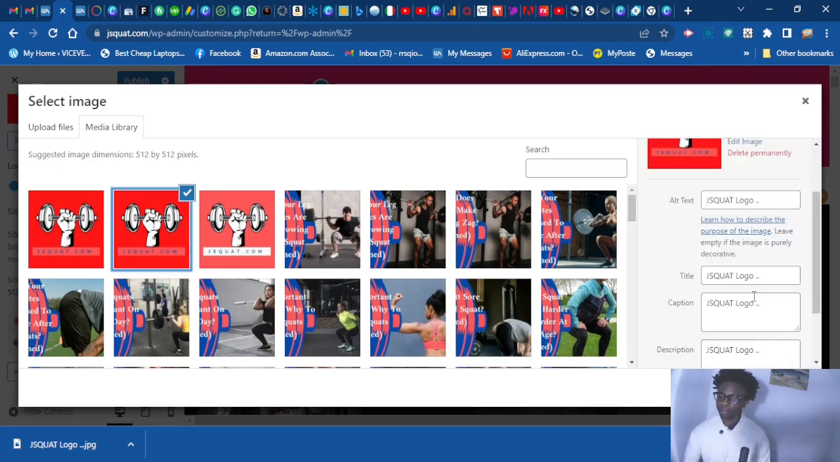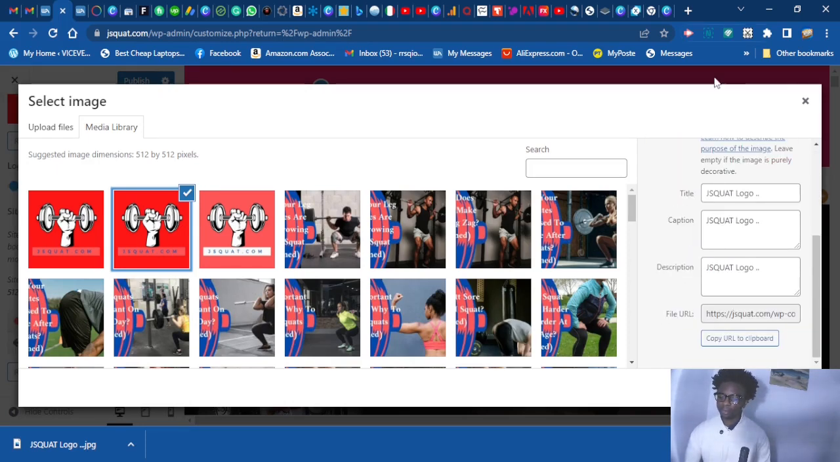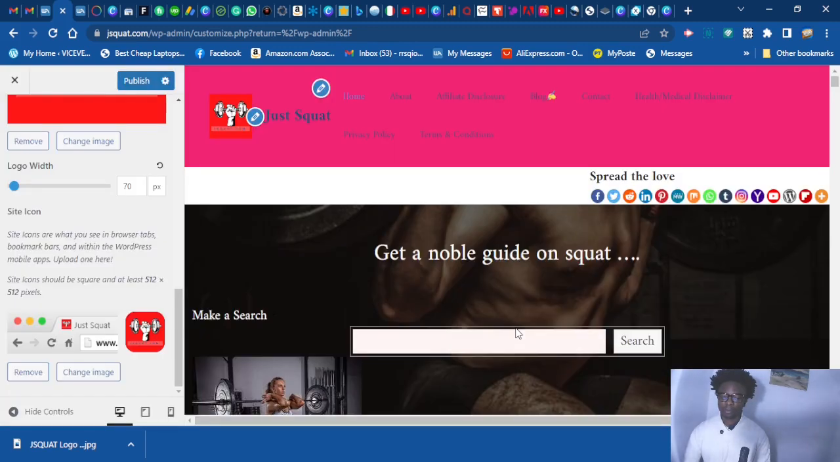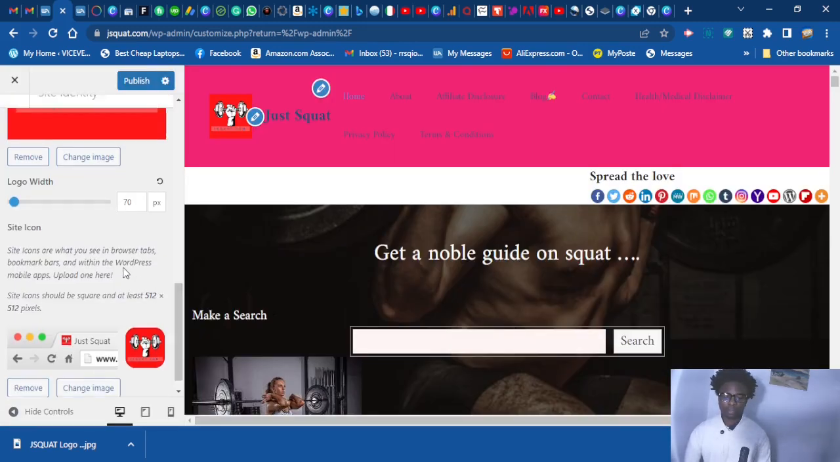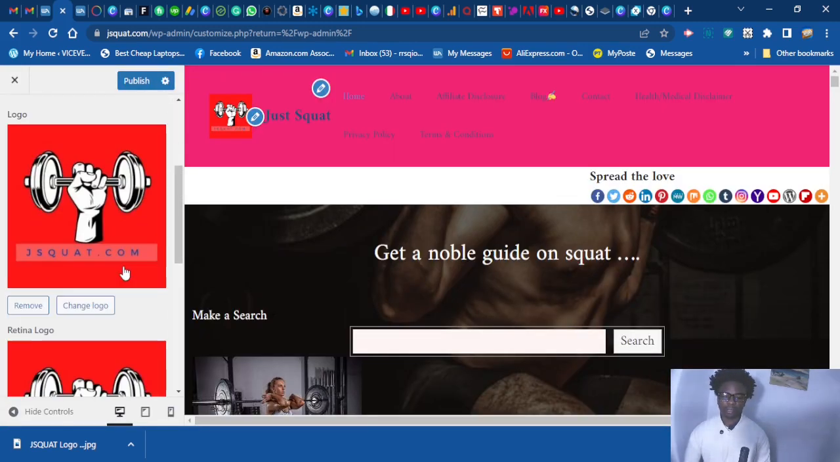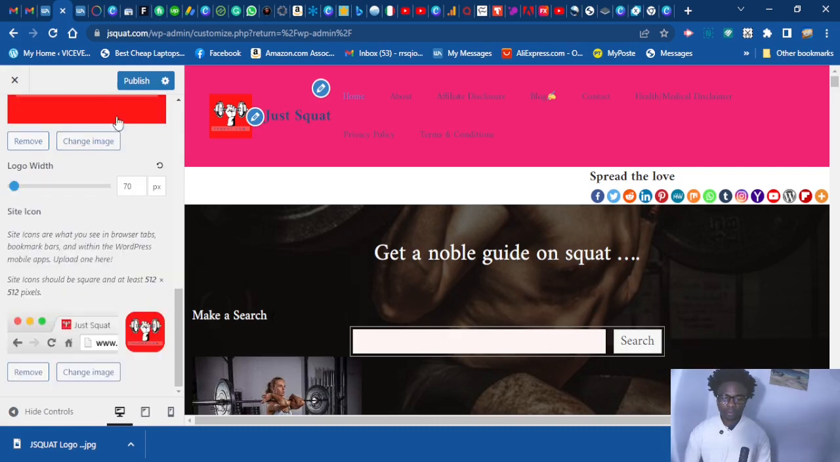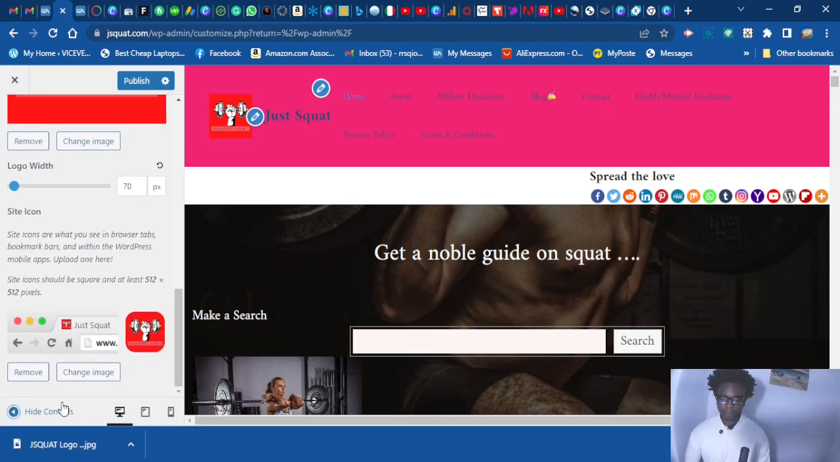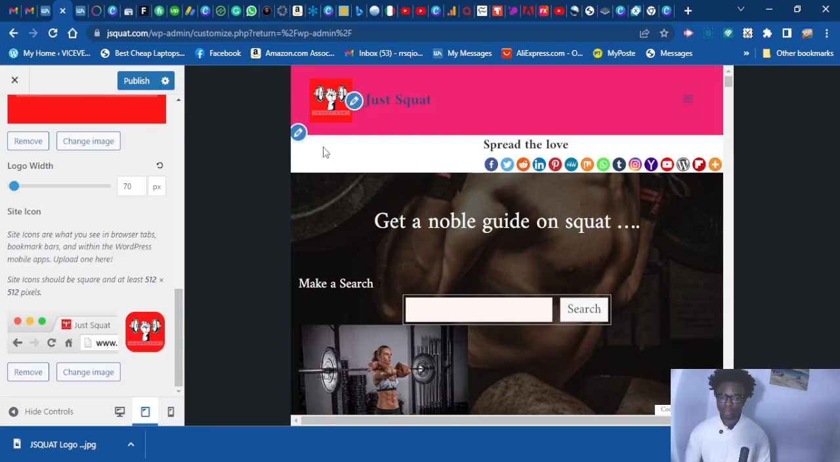Go select the image again. If you want to crop it or not, just leave it like that. So now all the images are the same. You can now click Publish here. Or before you publish, you want to check it. You want to check how the logo looks